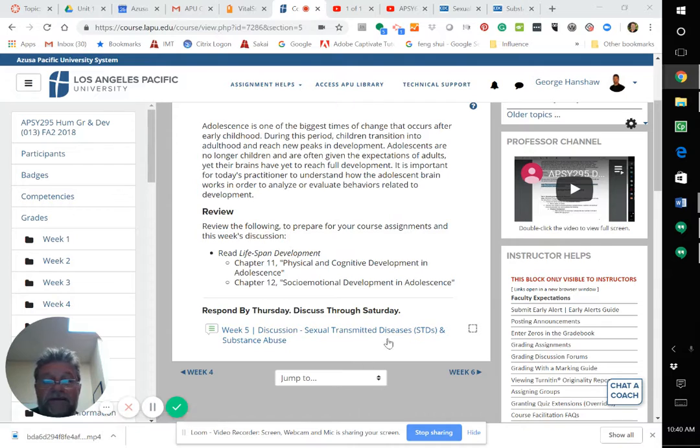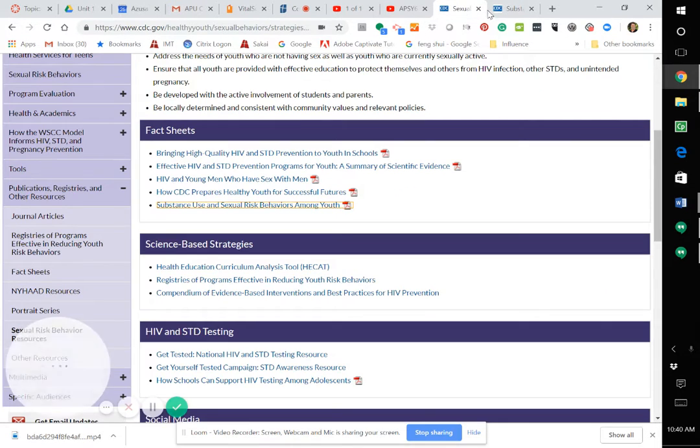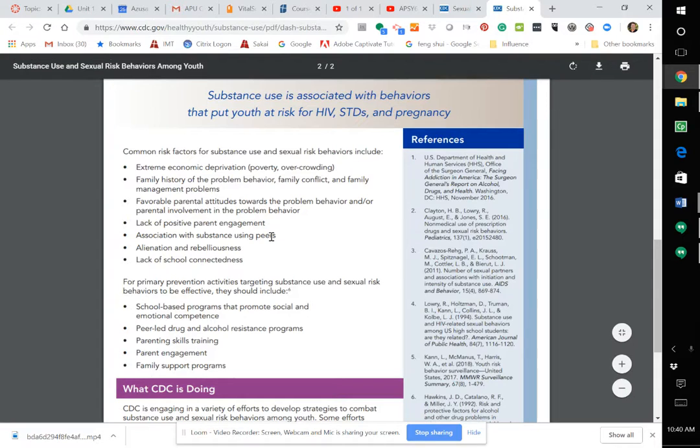This week we're looking at STDs, sexually transmitted diseases, and substance abuse. There is a correlation between the two. The CDC talks about how substance use is associated with behaviors that put youth at risk for HIV, STDs,